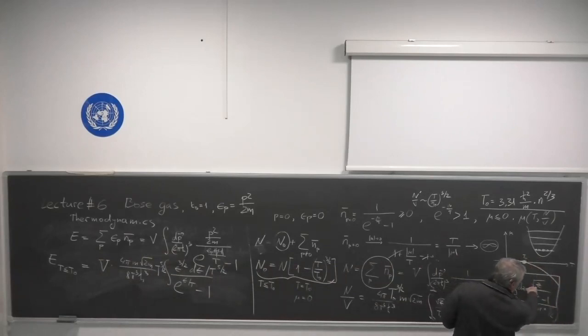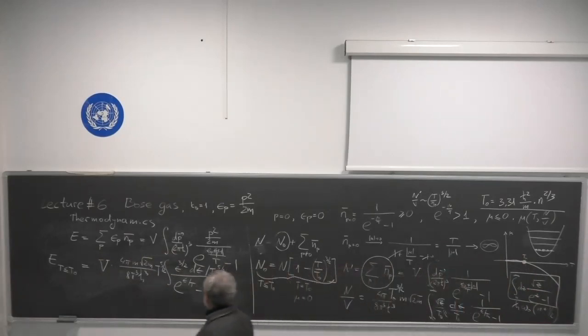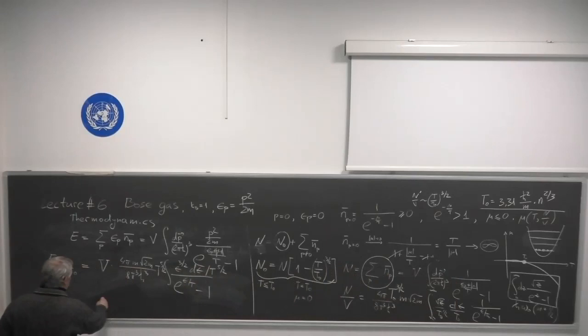Instead of square root of z, I will have z square root of z. So this is yet another number, and I don't need to take care of this number. I know that this is a number and that's it. So I can write down, therefore, that energy for temperature smaller than T naught is just equal to some number,